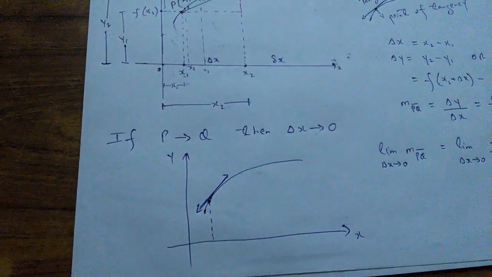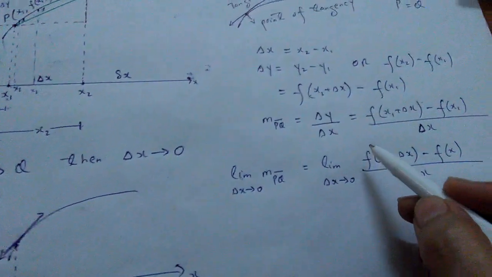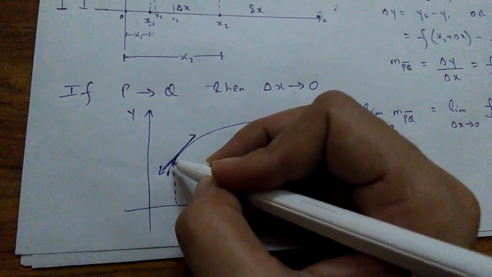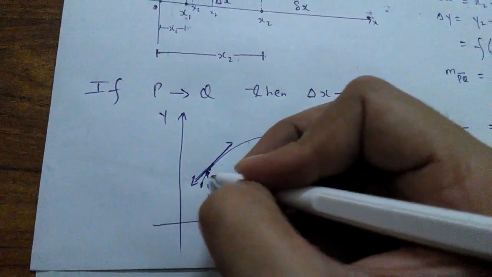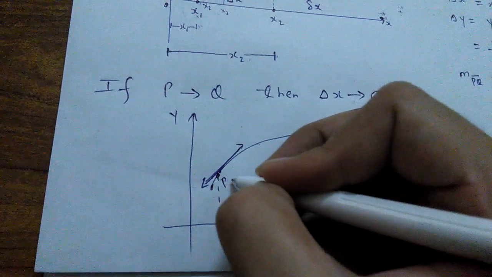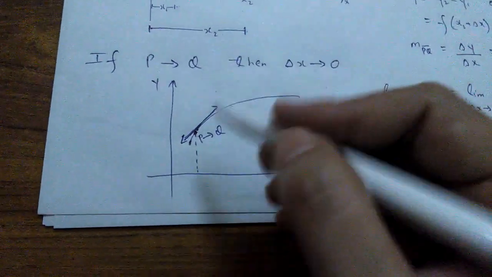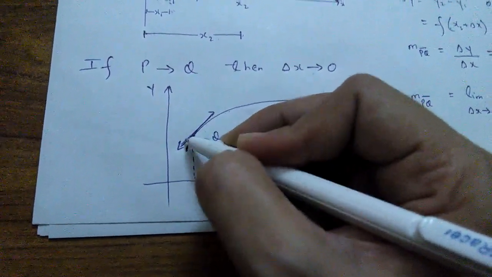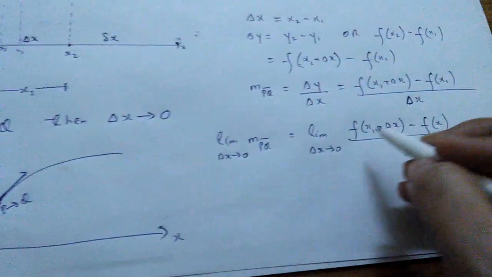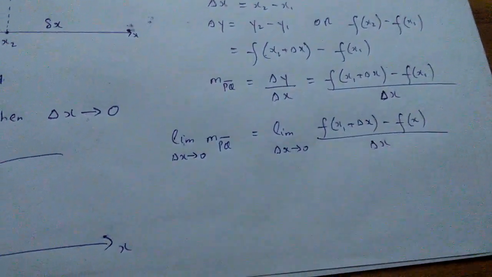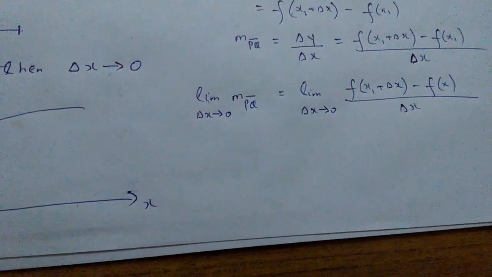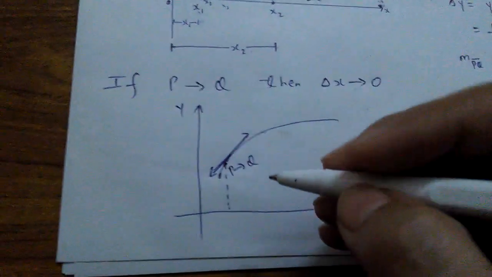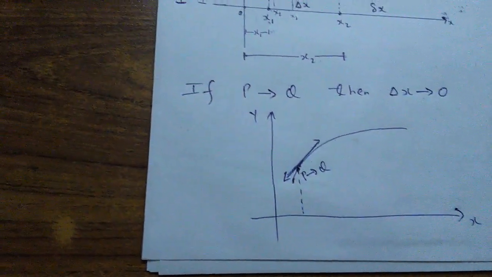line. So in other words, you can say that the limit of this secant line is representing the slope of a tangent line, which is this one. When your Q approaches P, in this way you're going to have a tangent line over here, and the slope value of this tangent line is actually the limit of the slope of this secant line. And make sure that the limit value should be well defined, and if the limit value is well defined, then you are going to say that